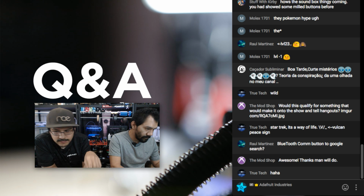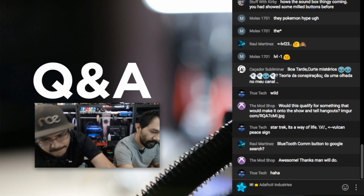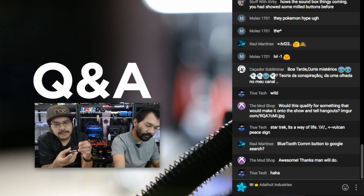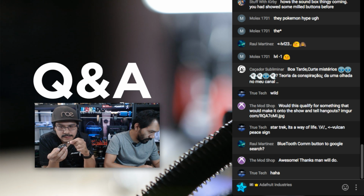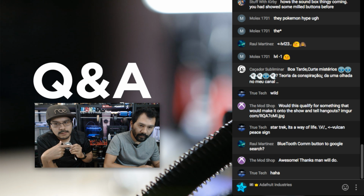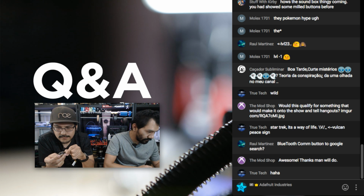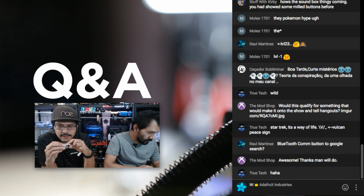I don't have it plugged in. Where's the battery? Is this it? Yeah, so I just got a little LiPo battery here. I'm just going to connect to the JST. You can hear that. Pretty cool. Awesome, yeah. That's all it does. It just does a nice little demo to show you guys how